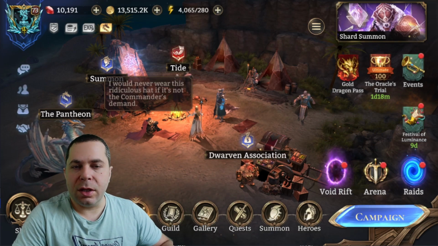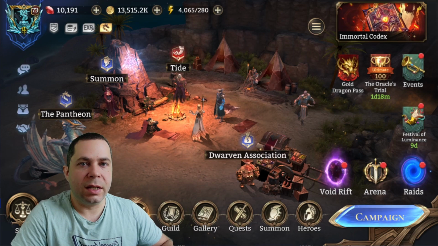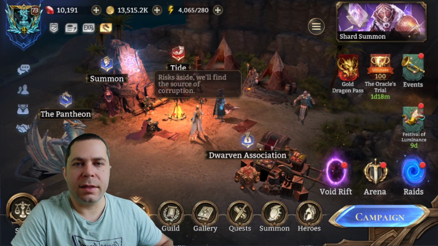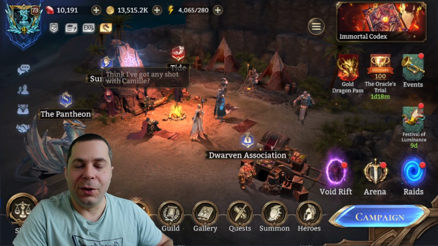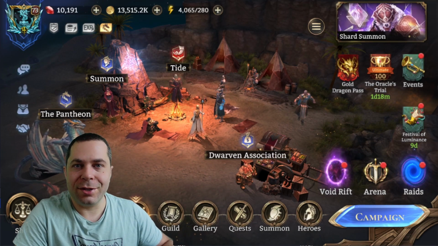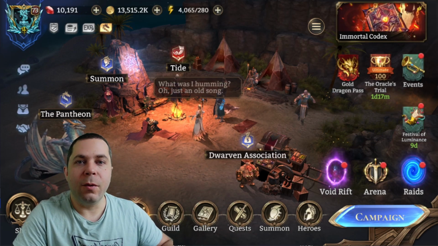For the heroes in Watcher of Realms, one of the most important things is the gear: artifacts, and of course your weapons, necks and rings. With great gear you can even turn your epic hero into a legendary hero to do massive damage in your progression in the game. So I decided to make this video and show you how many weapons you can get